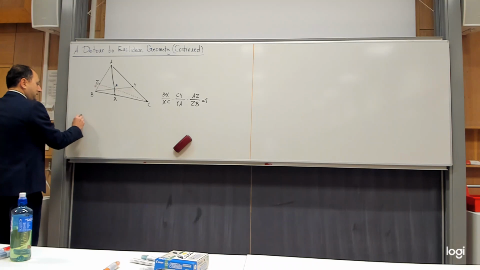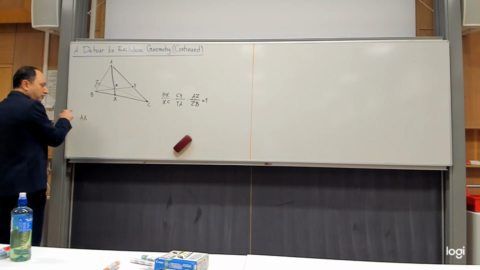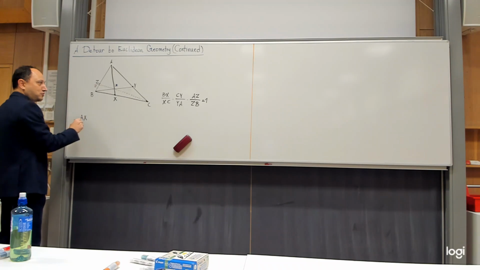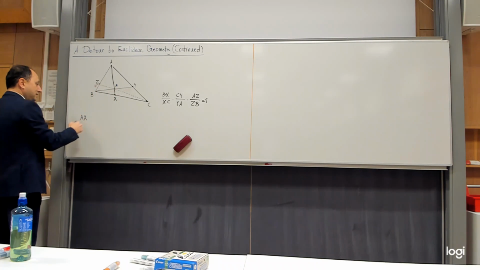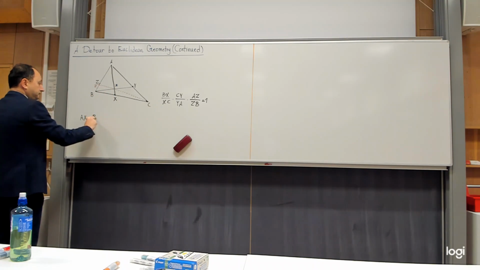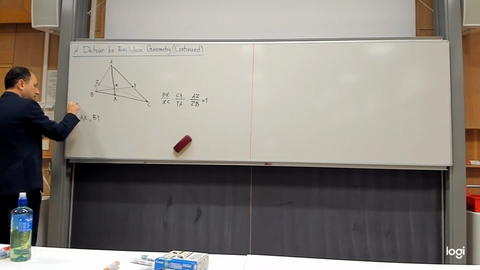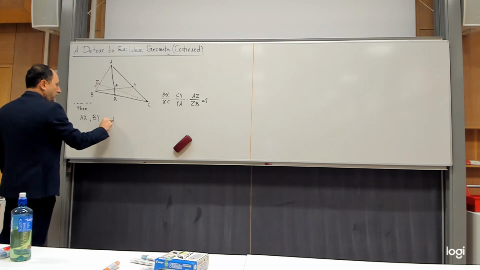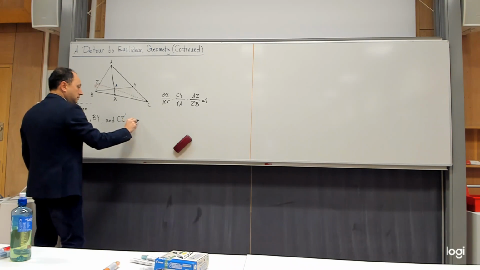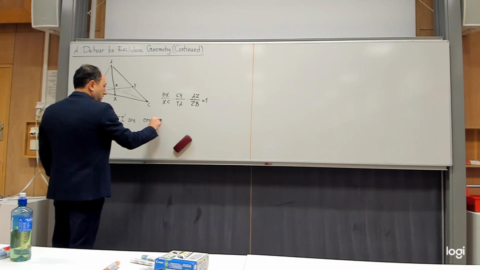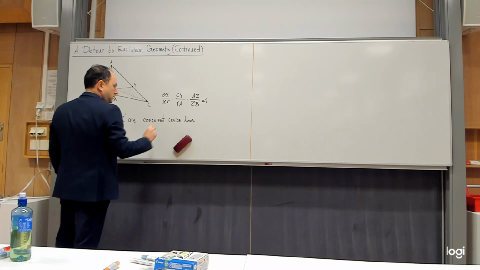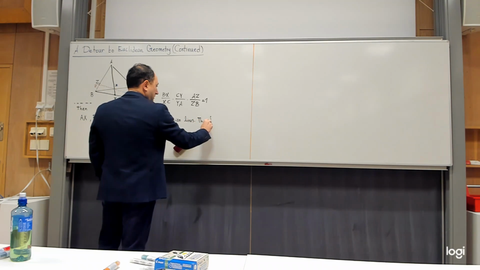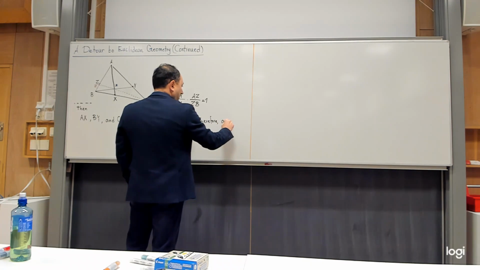So I would say that AX, of course I have to write all these things if this is an exam. You need to define your strategy the way that I defined it orally. But after that you say that AX, BY and CZ prime are concurrent Cevian lines, yes? Therefore, according to Ceva's theorem,